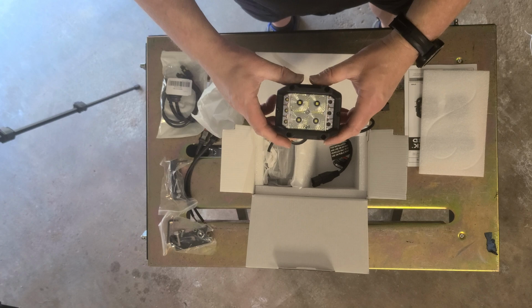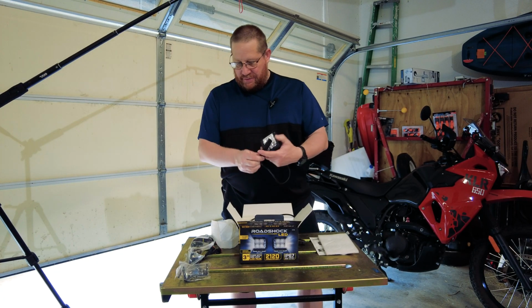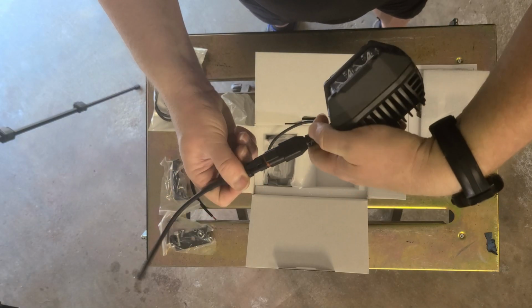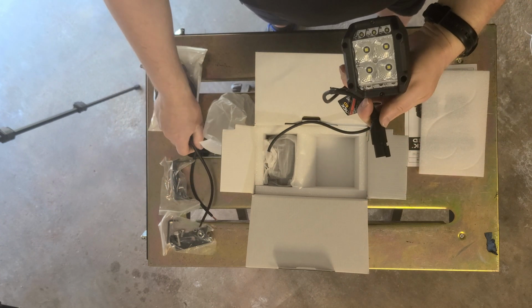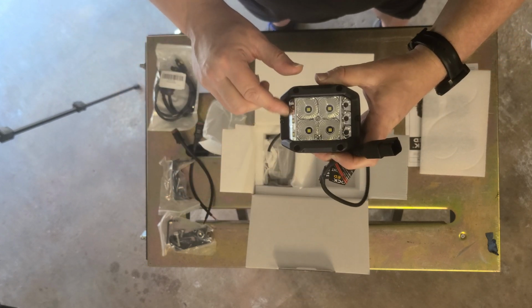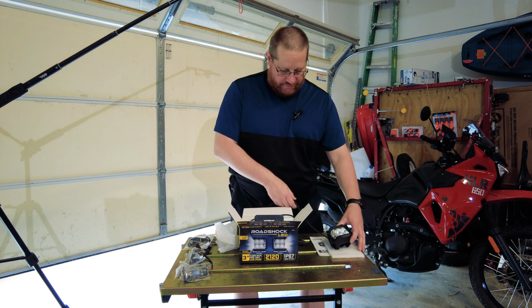And so right here you can see this is the lights, the cord. As I was talking about earlier with these cords right here, these ends will plug in right like that. Turn over this way because you can see that little release there. So unplug it. I'm not going to plug it in right now. You'll notice right here that says right hand, and then also you'll see there is LEDs right here and none right there. So there's the first one,